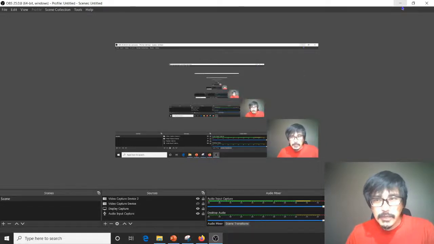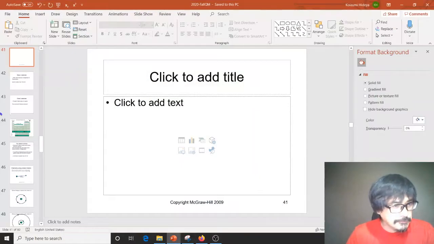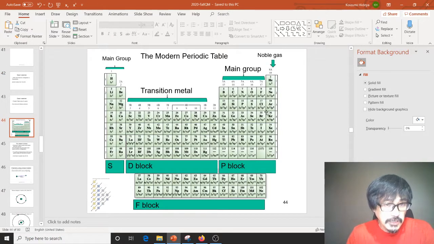Alright, so multi-electron system part 2. Now you learn how to actually write the electronic configurations for these atoms. You should probably practice by yourself going from atomic number 19 to atomic number 36. Or maybe starting out from 1 to 36, that would be an interesting one. And you can always get the answer checked in here. This has an electronic configuration at the tail end of it, so you can